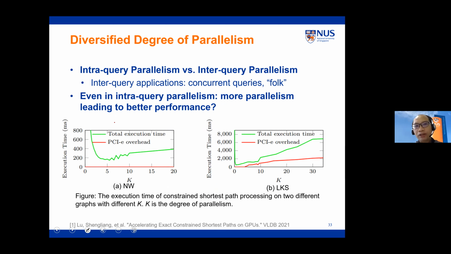And then the other one is, in terms of parallelism, we do see many layers of parallelism in graph systems. One layer is interquery. In fact, we work with some agencies, like, as I mentioned, the Port of Singapore. They actually have a lot of small queries in terms of road planning. And we need to also exploit the interquery parallelism rather than just the intraquery parallelism. Right now, a lot of papers work on intraquery parallelism, how to parallelize a BFS, how to parallelize a PageRank, and so on.